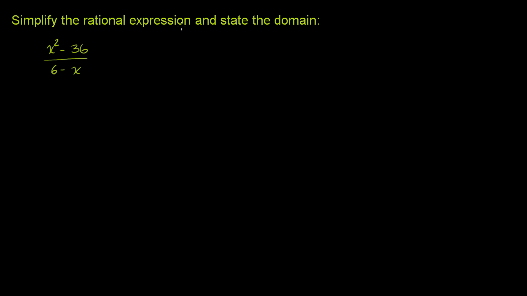Simplify the rational expression and state the domain. Let's see if we can start with the domain part of the question, if we can start with stating the domain. Now, the domain is the set of all of the x values that you can legitimately input into this, if you view this as a function. If you said this is f of x is equal to that, the domain is a set of all x values that you could input into this function and get something that